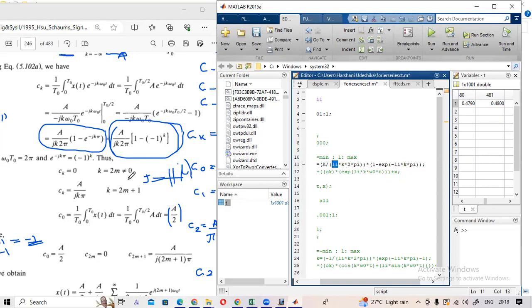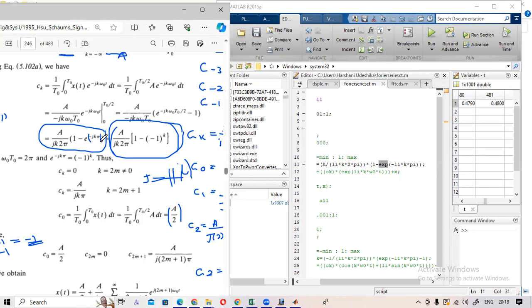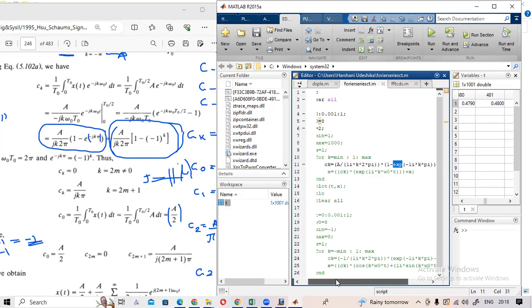J K 25, 1 minus exponential e. So that is coded as exp. Then this power you can type within the bracket. So this is minus j, that is minus 1i, k 5, minus jk 5. I have coded this. Okay, so very simple. Now I have coded this. Now what do I have to do? I have to calculate